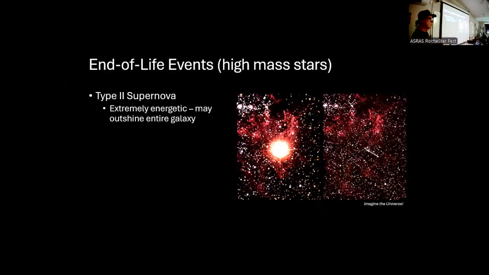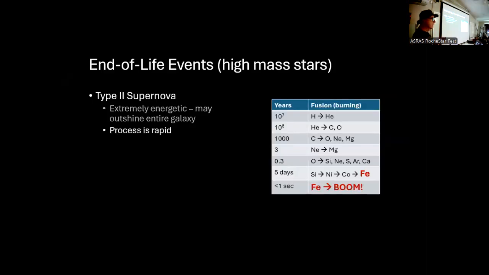So these are called type 2 supernovas. They're extremely energetic. While they last, they may outshine the entire galaxy. The photo on the left was taken in 1987 during the supernova explosion, whereas this photo was taken before. So you can see how bright this supernova was compared to what existed in its place beforehand. Not identical pictures, but relatively close in time. So that's a type 2 supernova, a core collapse.